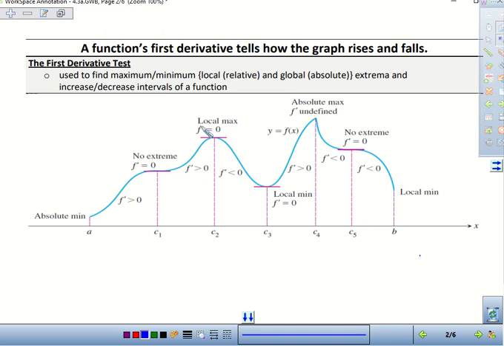As you can see, this one here is a local max because we have an absolute max that's larger than it over this particular interval from A to B. What you're going to notice is some local maxes and mins have derivatives that are 0 because they flatten out. But then we have absolute maxes and mins that can be a cusp or corner. And the thing that we have to understand is that not all absolute maxes or mins occur when the derivative